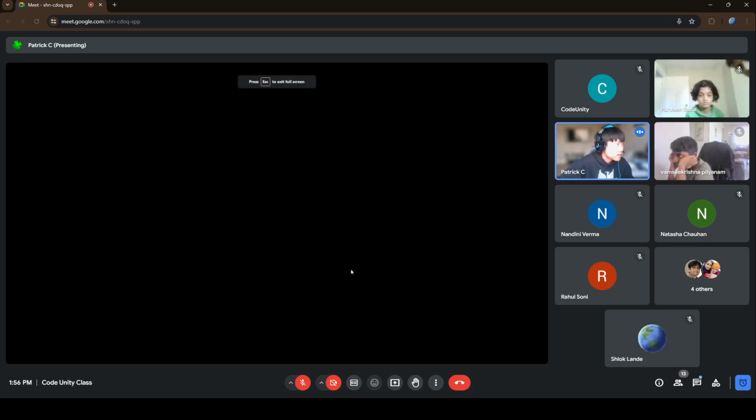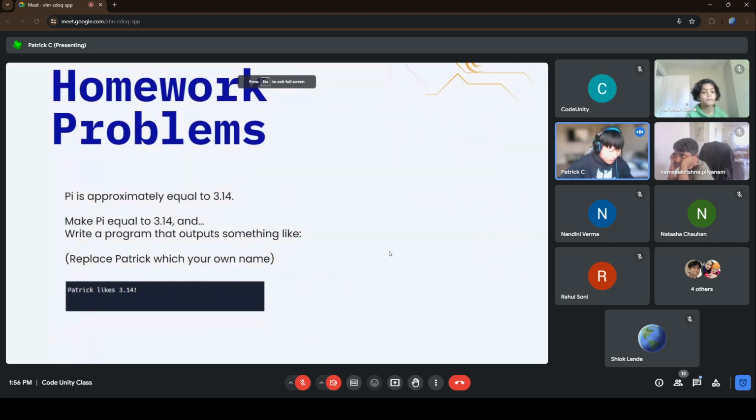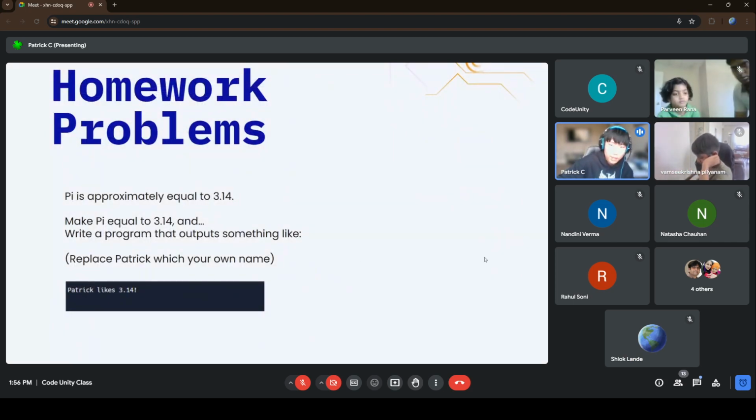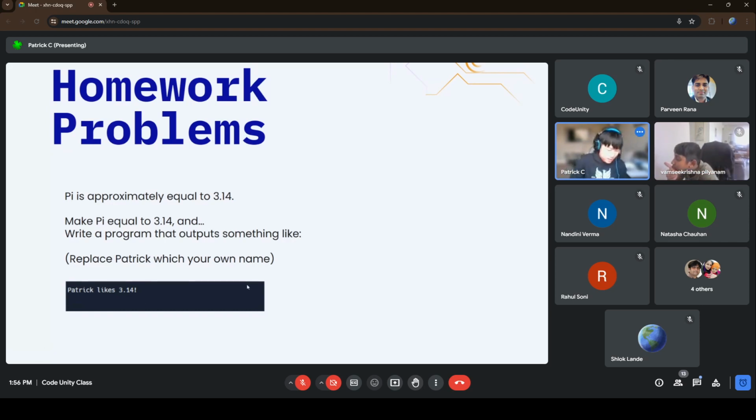But for now, this will be something to do. I will assign another one. Make sure to check our GitHub right after the meeting because I will be assigning the homework problems and then the answer key. If you complete the homework problems, you can check the answers to see if we did the same thing. The code might not be exactly the same because sometimes there are different ways of doing the problem. But if the output is similar to what's shown on the screen, then you did it correctly.